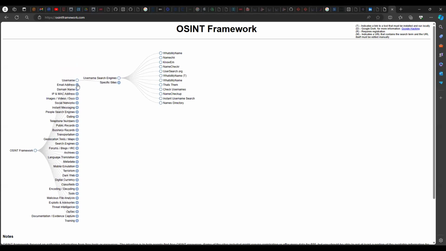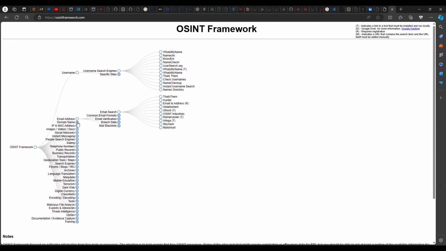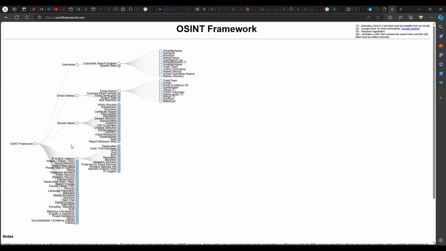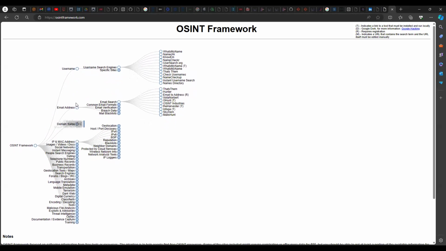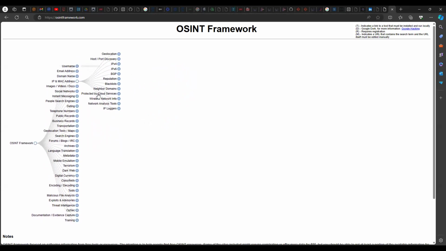If you have an email address you want to do recon on, you can do the same for email addresses. If you have a domain name, generally, any kind of thing you have, be it a username, email address, domain name, or IP address, you can use something like OSINT Framework to find tools you can use for that particular activity.